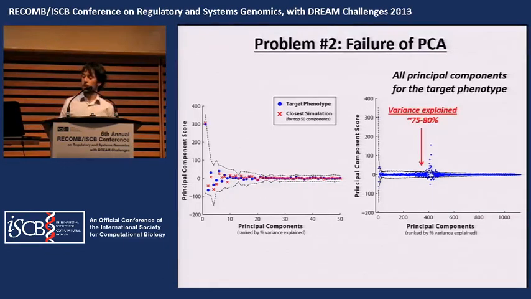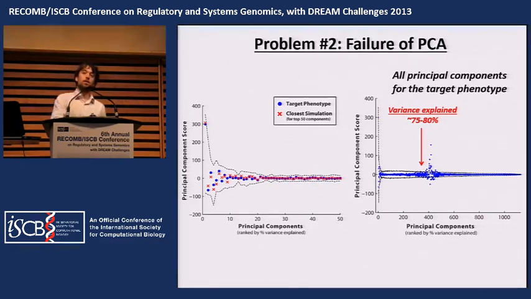And just to put this in perspective, if you look across the entire population, or the training set that I simulated, the principal component analysis told me that by the time you get up to component 400, roughly 80% of all the variance is explained in the population. So even though I'm explaining a lot of variance at the population level by considering the top 400 components, I'm still missing a very key aspect